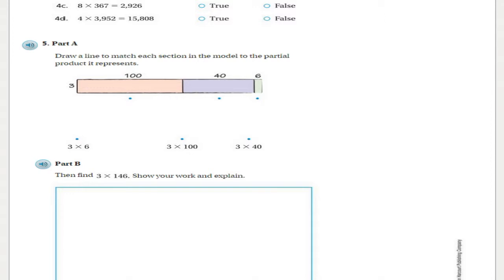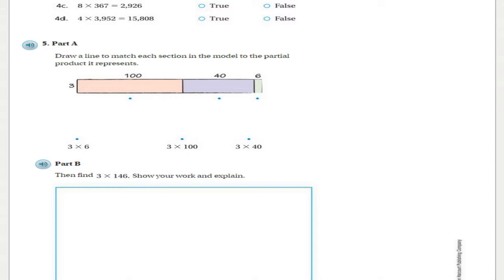If that's true and those are equal, then I'll bubble in true. If it's false, I'll bubble in false. So we have to do each one of these multiplication problems to solve each one of these true-false questions. So we're going to start with 194 times 7. Again, I could break this up into expanded form and do 100 plus 90 plus 4,